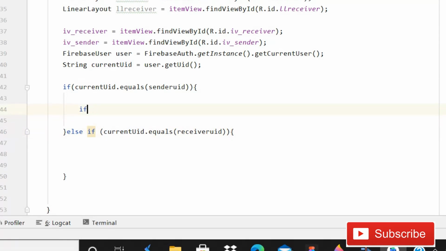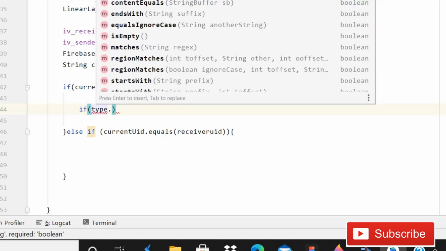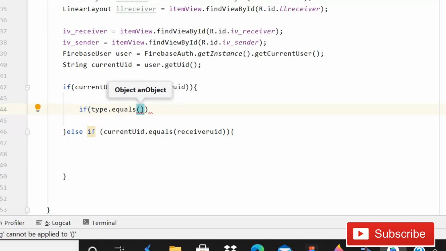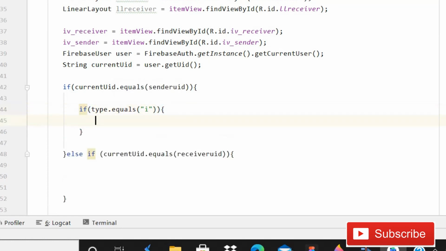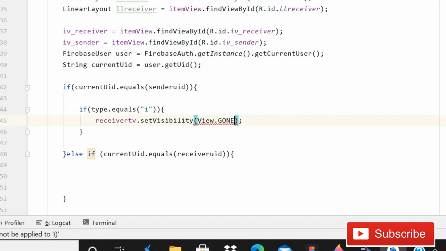Here you can write if type equals i, for image. Make sure you delete the previous message node from the Firebase real-time database, because it may have the iv type, and that will create a problem. After this, write receiver tv dot set visibility and make it gone.